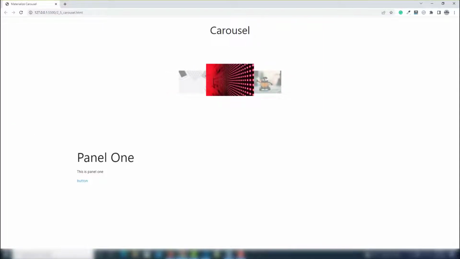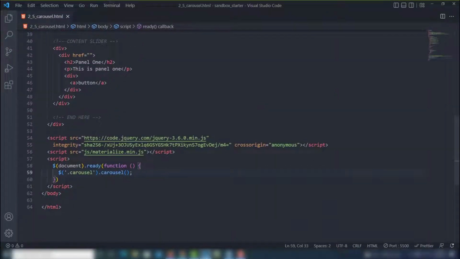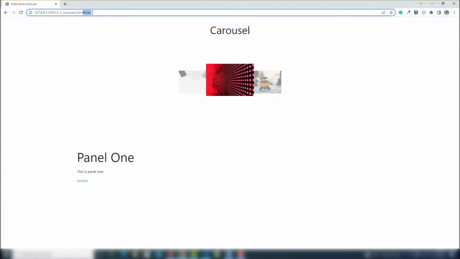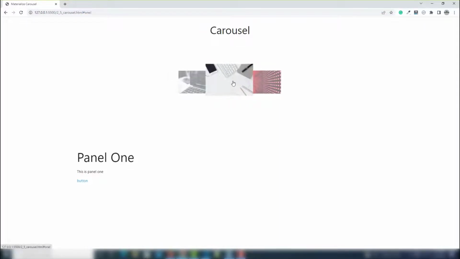Then we're gonna discuss all about the carousel with full width, right? I'm gonna show you in a minute. Okay, one more thing I'm going to show you. I have entered the name on each image in the URL. As you can see, #1. If you click on another image like this one,